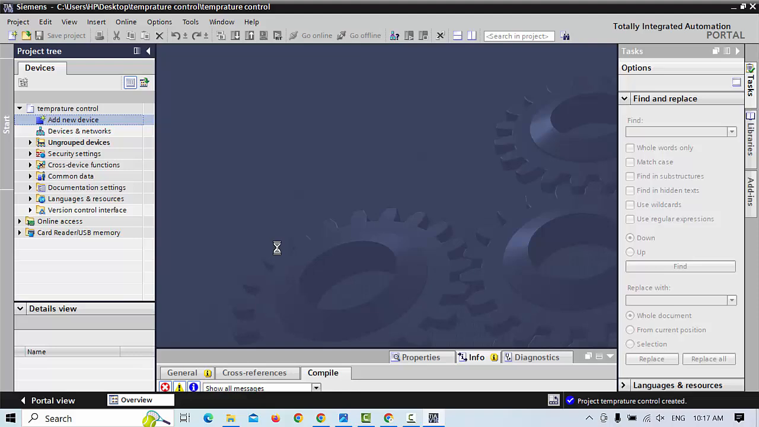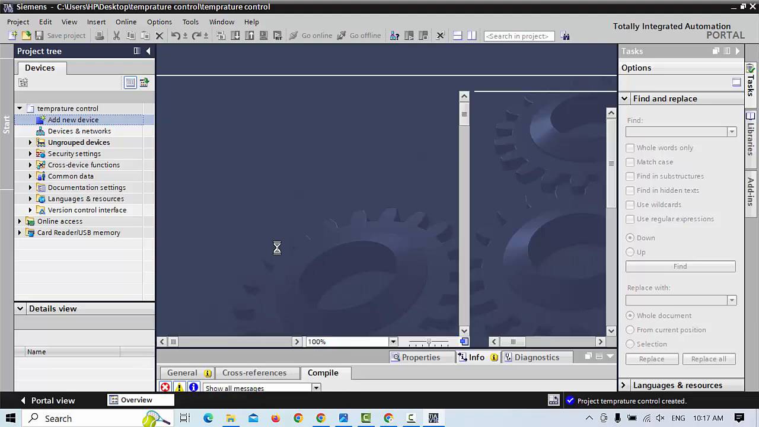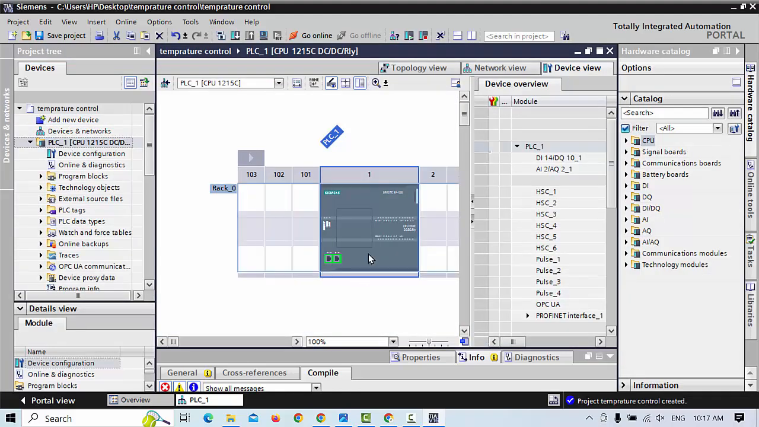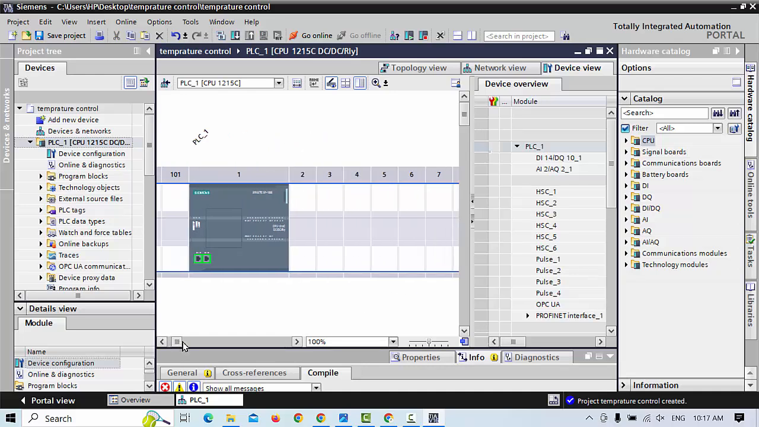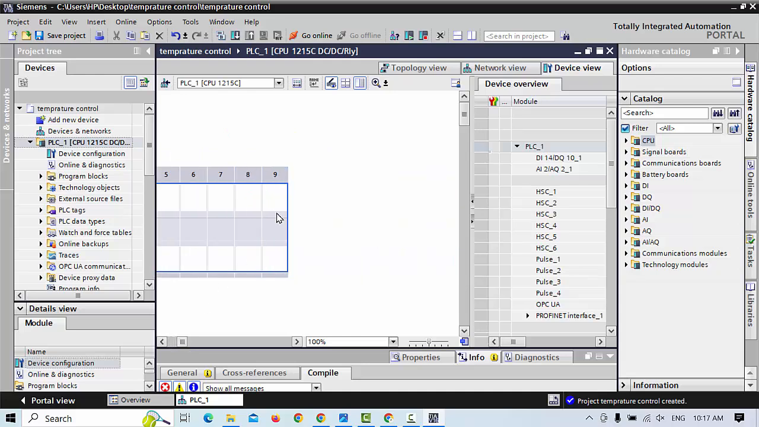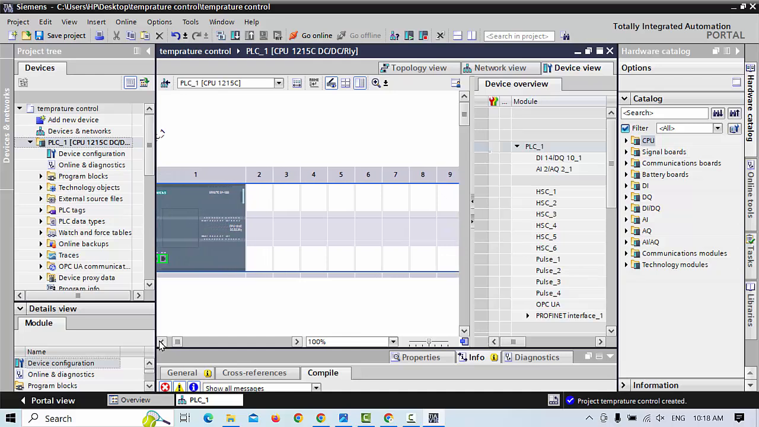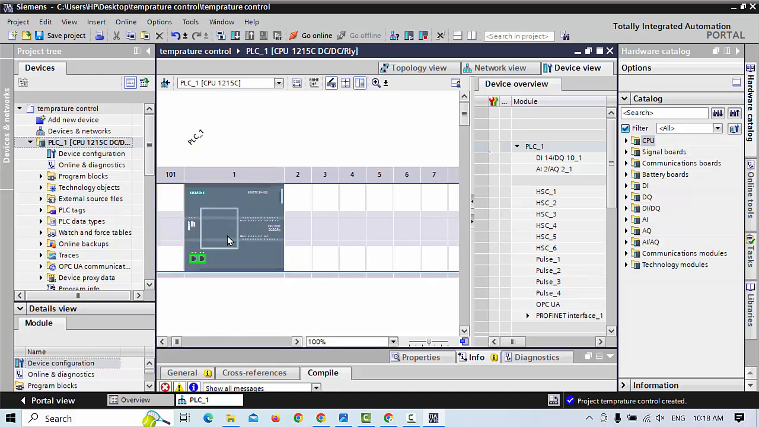And then your hardware is ready. First of all, in this CPU you can install a lot of extension boards. Here 101, 102, 103, and so on. It's very long. If you scroll here, you can install up to 9 extension cards, and also with the CPU there is one area